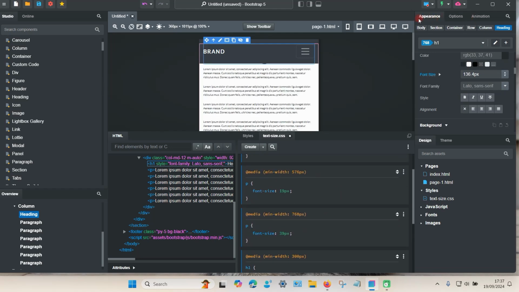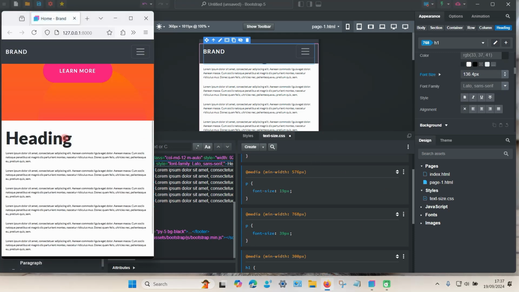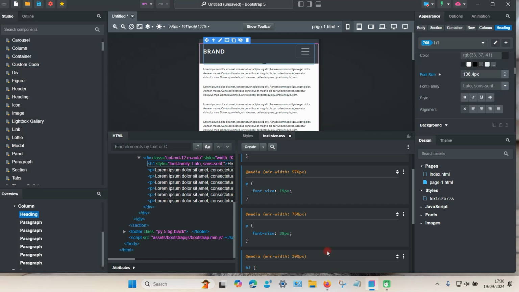So you don't use the appearance tab. You can if you want to, but it's much easier just to click on the file you created, and you can adjust all the sizes and so on. So if I go back again, you can see that's really small, and it adjusts as the screen gets bigger and so on. If you wanted to just make that a bit bigger so I can see it,